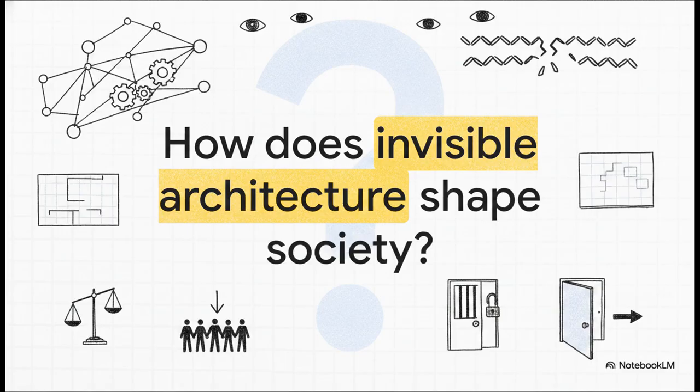So, I want to leave you with this final, somewhat provocative question to mull over. How does this invisible architecture shape the society you live in? Seriously, the next time you see a news story about criminal justice or read about a new law being passed, I want you to think about these foundational concepts. Ask yourself, is this a mechanism of punishment, or is it a tool for rehabilitation? How exactly is it enforcing the boundaries of our shared blueprint?